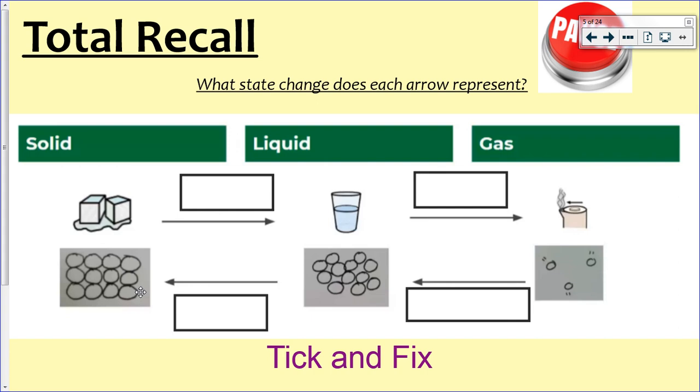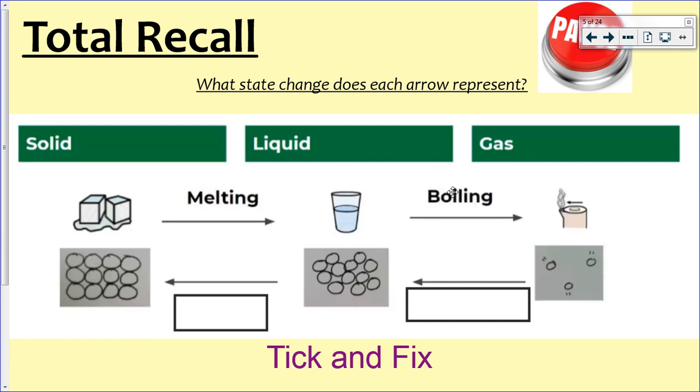So a solid turns into a liquid. If we think about this ice, and last week, the solid to a liquid is called melting. That liquid then, if we continued to heat it, it became steam, so that was boiling, if you think when you boil the kettle for your cup of tea. But then when that hot gas hits that cold surface, so it's cooling again, it becomes a liquid, and that's